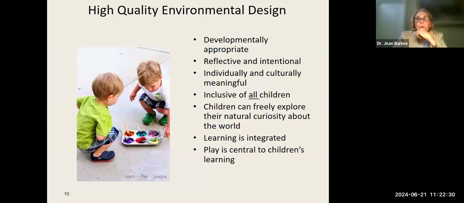Things that are high quality centers need to be, of course, developmentally appropriate, reflective and intentional. I always said when I would do observations that I should be able to walk into any of my classrooms that I oversaw and know exactly what you're teaching. We're working on this, we're working on that, that there's lots of planning, intentionality, but flexibility in terms of what the child is interested. So it's driven by the interests of the child, but the teacher is directing the learning